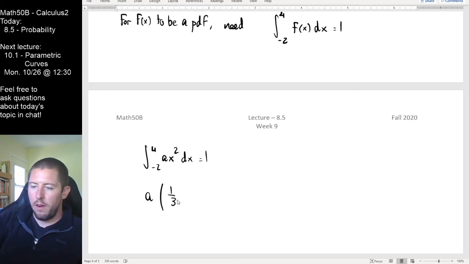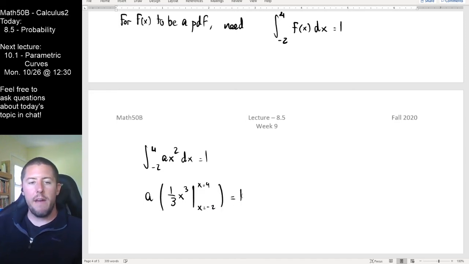It's going to be 1/3 x cubed. We're going to evaluate this from x equals -2 to x equals 4. And we're claiming that this should be equal to 1. The fact that we know it's equal to 1 is what's going to allow us to solve for what a must be. So it looks like here we can say that a